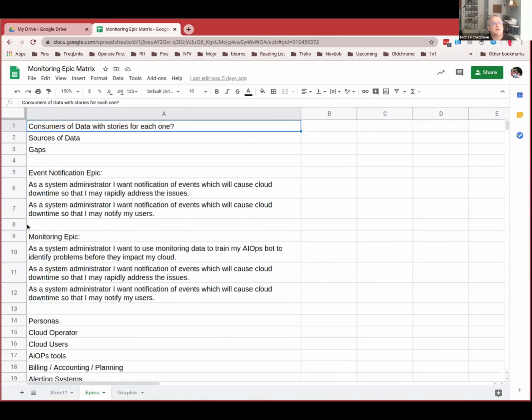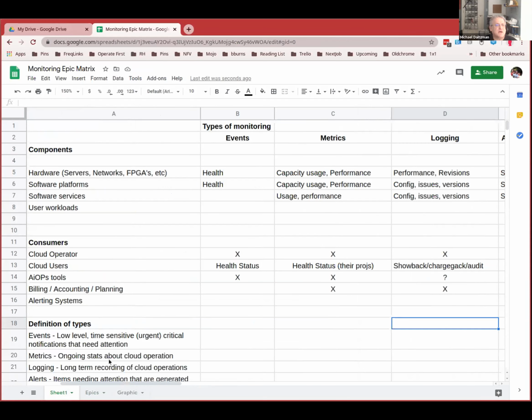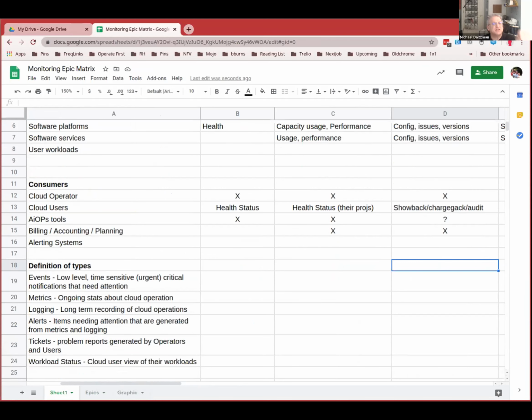Okay. So an interesting question that I had then is, after you type that, Bill, if you want to jump back to that first tab. Some of this I had thrown into the notification epic as top level definitions. What do you want in the first tab? No, I wanted to see the definitions again.